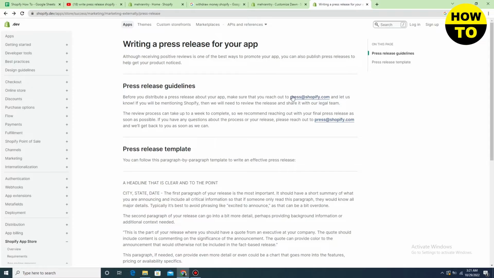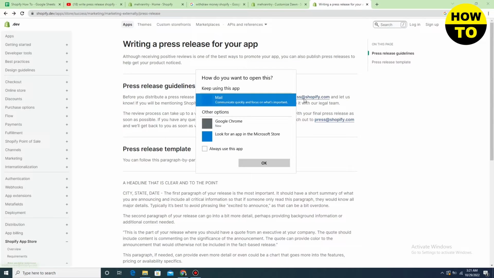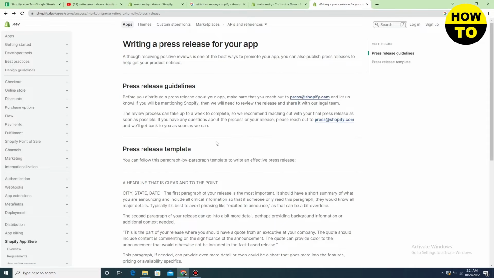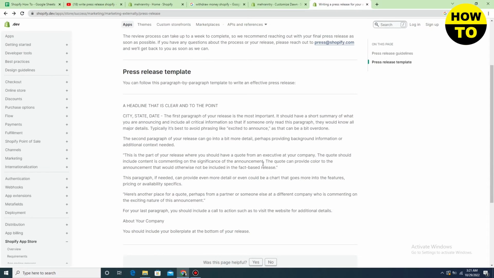So simply here you can find: before you distribute a press release, make sure that you reach out to press@shopify.com and let us know if you will be mentioning Shopify. Then we will need to review the release and share it with the legal team. So in this way you have to inform them, and here you have to understand the press release template, that